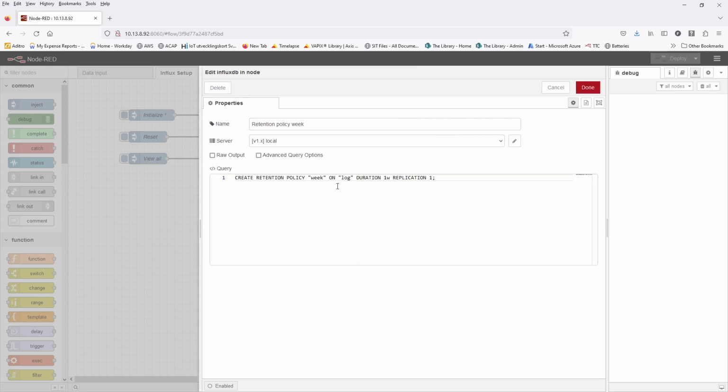removed. You can set a different name and set a different duration. So if we want a 1 month retention, then we can set 4 weeks. There is not a month. But in this case I only want to have the retention, so reducing the risks of filling up your